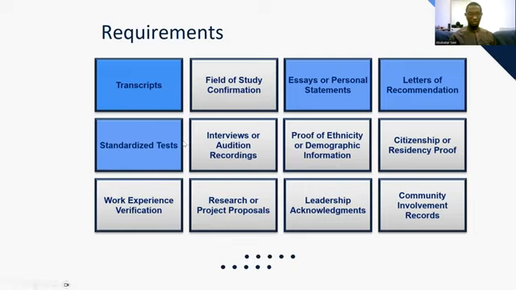Standardized tests, these are tests that you do that try to compare your performance, your capacity and capabilities with all other candidates, okay? Because candidates can come from different backgrounds. They can come from different universities. They can come from different countries. So how do we know that these people can be put together under the same pedestal and then have them compete for one single opportunity? How do we know that? And that's where the standardized test comes into play.